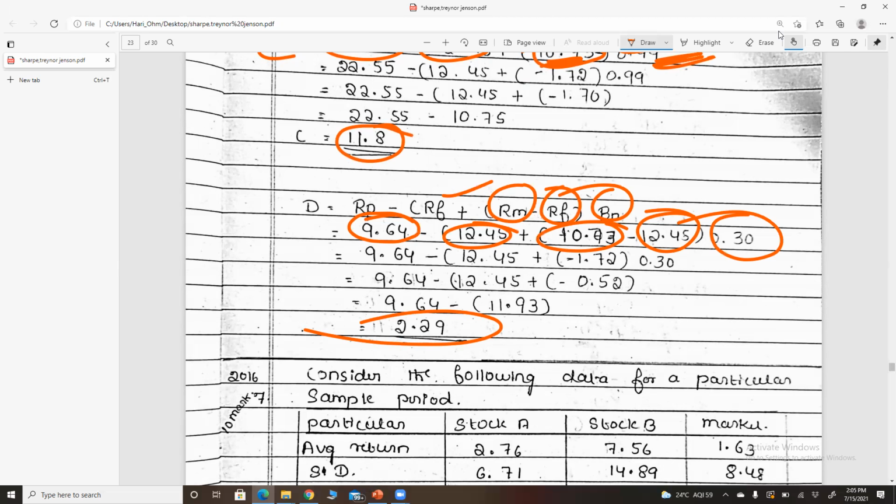A similar type of problem, okay, we worked out in the last session as well. Hope you are clear. In case of any doubts, you can contact me. Please try to work out this problem in your notes. By that you can understand clearly. By watching videos alone you don't understand. Kindly maintain separate notes for portfolio management. Once offline classes start, I'm going to check your notes immediately, and by that you have to complete your notes.